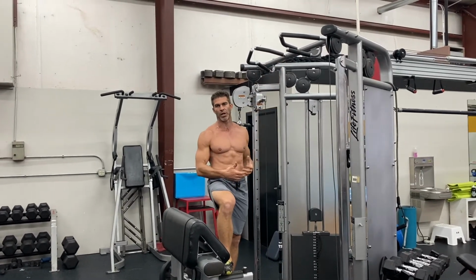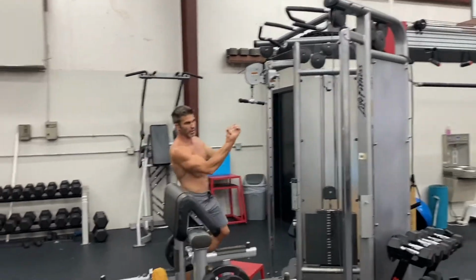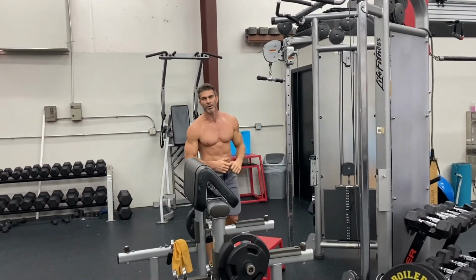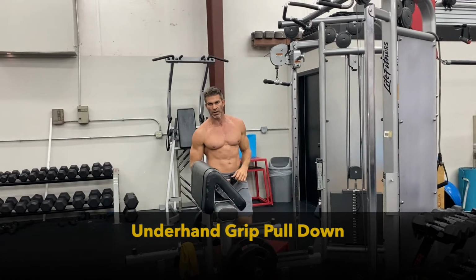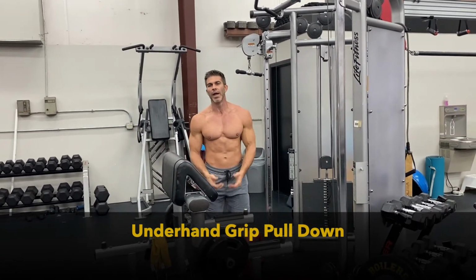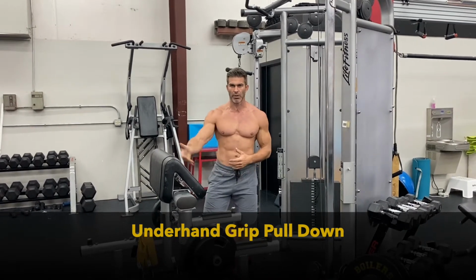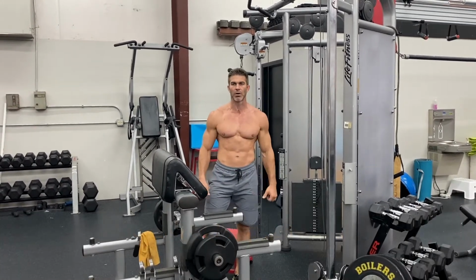So if you can't do a chin up, no big deal. You can either do an assisted chin up or an underhand grip pull down. So if you're sitting down, doing an underhand grip pull down, and then you would also superset that with a bicep curl. So you can do any type of bicep curl, whether it's a preacher curl, incline dumbbell curl,